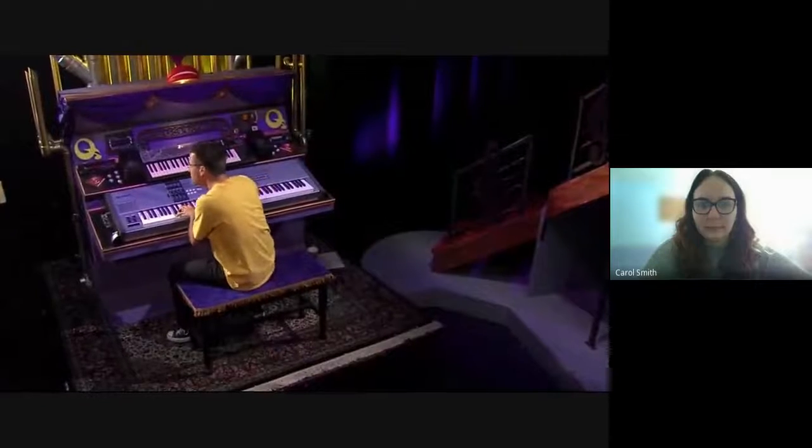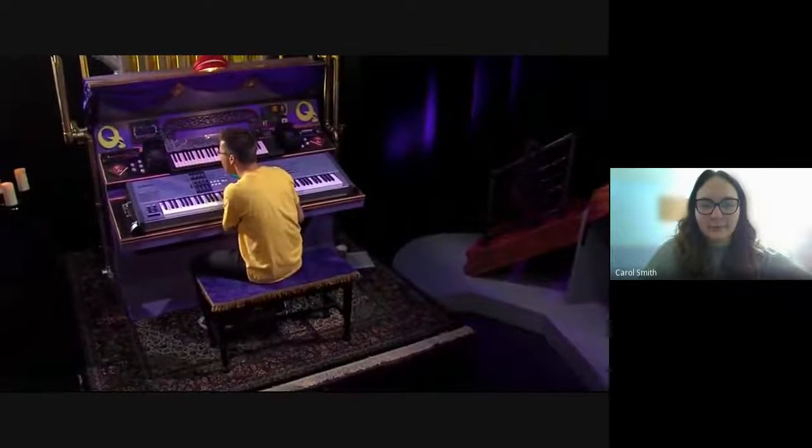Or you could have a piece that was mostly rests. Listen to this. Can you hear how notes and rests go together?